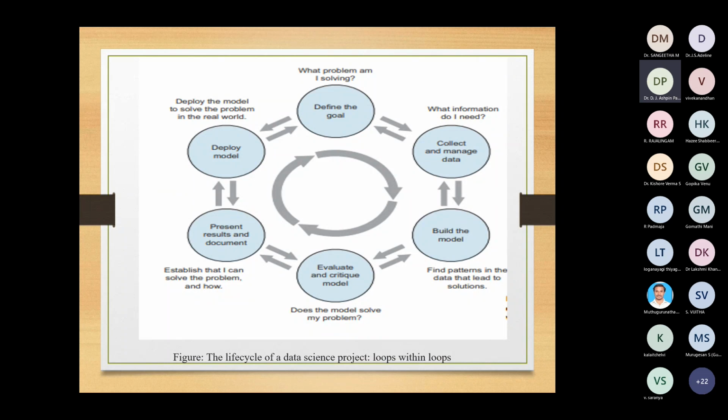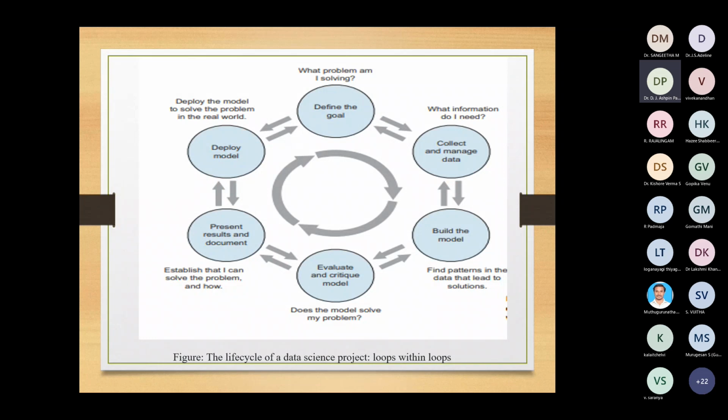Suppose you have collected the data and managed the data. You have completed that particular task, and then you have built the model. After building the model, you see that something is lacking in the collecting and managing of the data. Then again you can go back and fix it. So the life cycle always encourages feedback and iteration between the data scientist and all the other stakeholders. That is what is reflected in this life cycle of the data science project.